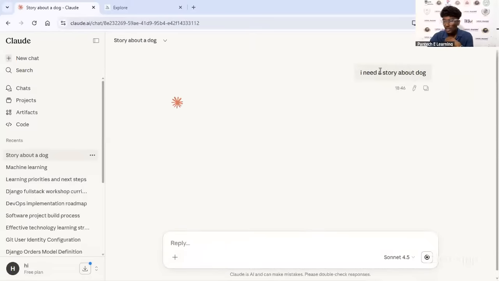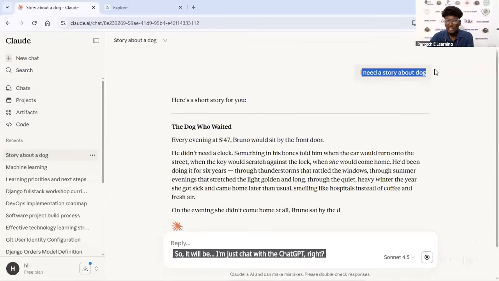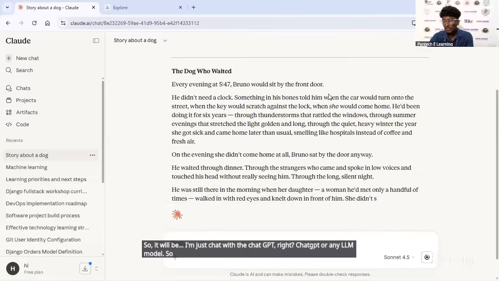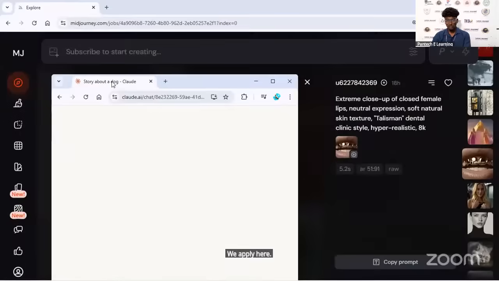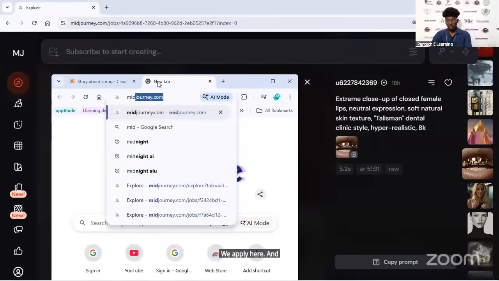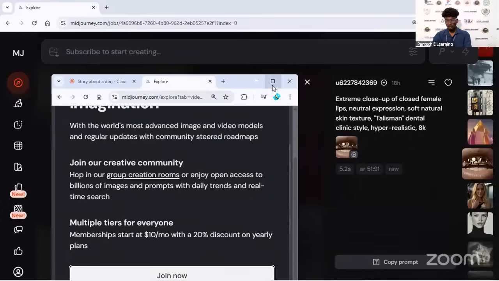So I'm just chatting with ChatGPT, right? ChatGPT or any LLM model. That is called a prompt. Okay, this topic comes from prompt engineering. So this is one of the prompts we apply here, and in Midjourney also.